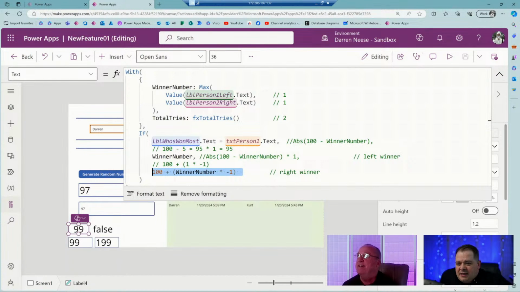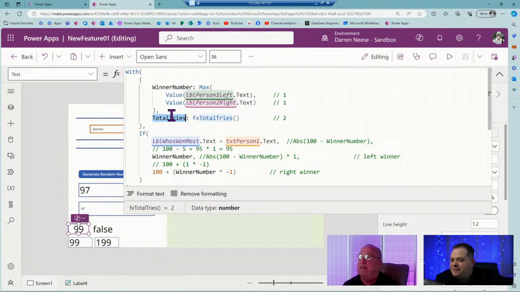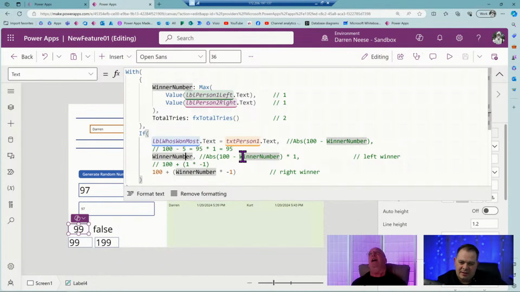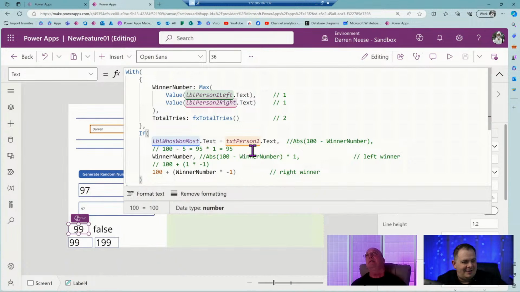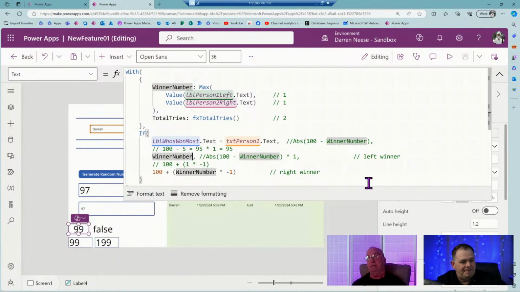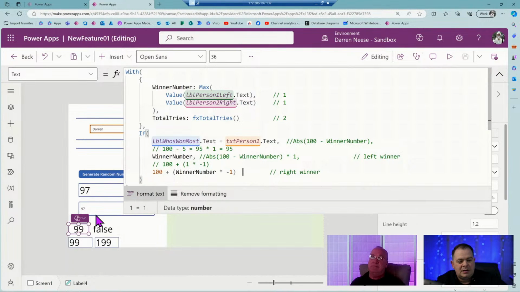So something that somebody said was that the total amount of tries should be factored into our little equation down here. I think it does. I think it has to. Okay. It's a percentage of the whole, right? So we've got a 99. How do we take 99 and make it 50? So what we've got to do is change it.